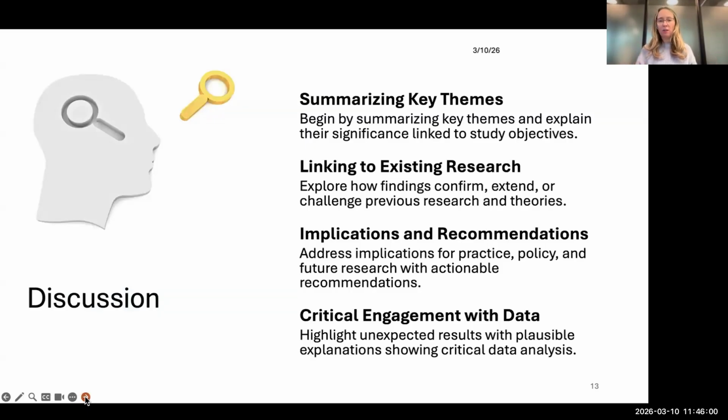When you're talking about your discussion, really think about summarizing your themes to start with, if you have themes, or summarizing the main ideas, if you have main ideas. Remember, it doesn't always have to be themes. But you're summarizing that, you're making the link back to your study objectives, you're making the link back to your research question and how it answered your research question. Then you're linking to existing research. So, how did your particular findings confirm, extend, or challenge either research that's out there currently,